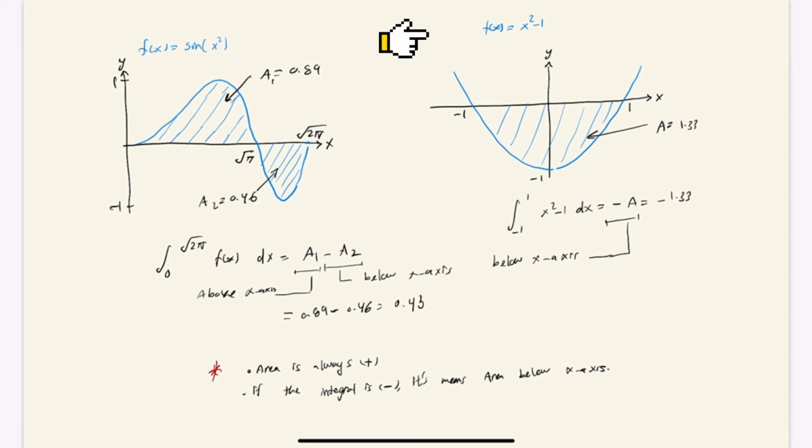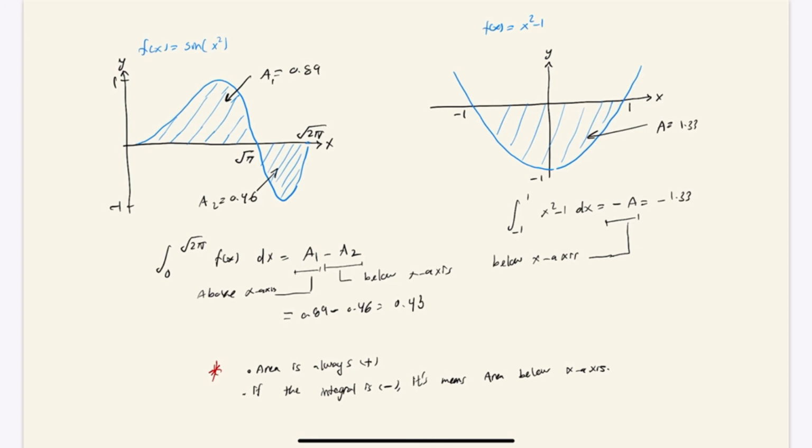Here on the right side, we have this function x squared minus 1, and we can notice it's going from -1 to 1 and the whole area is given by A, but notice it's below the x-axis. So when we take the definite integral going from -1 to 1 of x squared minus 1, it's going to be minus A, so the negative of the area. Why is it negative? It's because it's below the x-axis. And notice, area is always positive, but when the definite integral is negative, that just means the area is